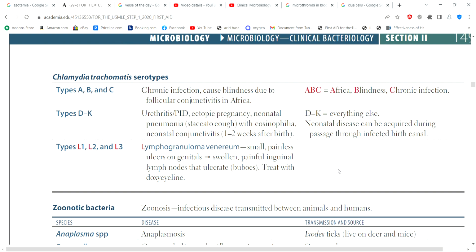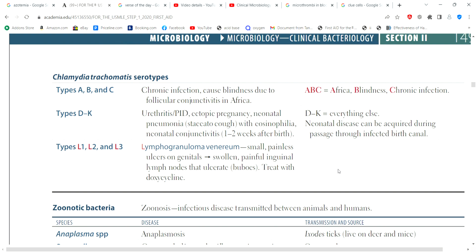It sounds very scary. It sounds like a kind of machine gun or a dog. Dog-like barking kind of cough. Okay. Neonatal pneumonia is a barking kind of cough with eosinophilia,